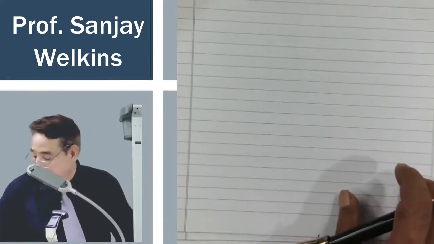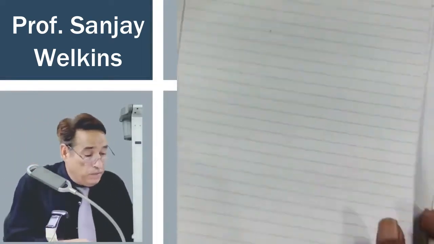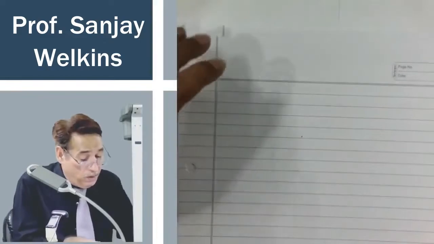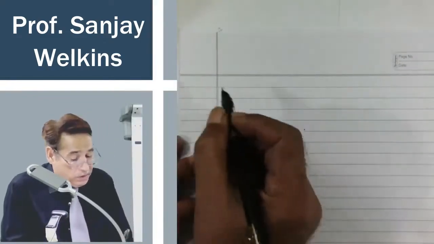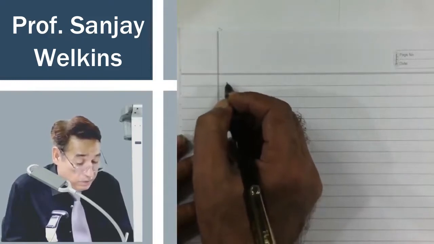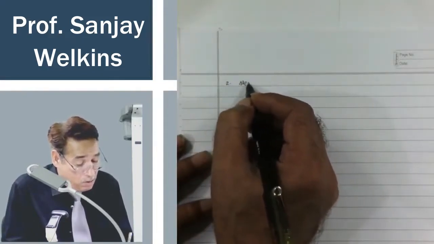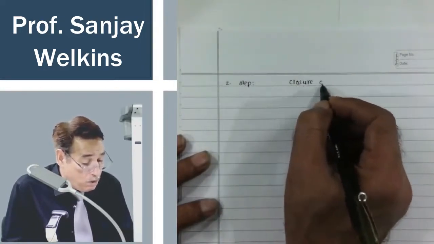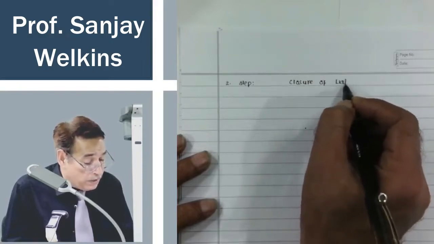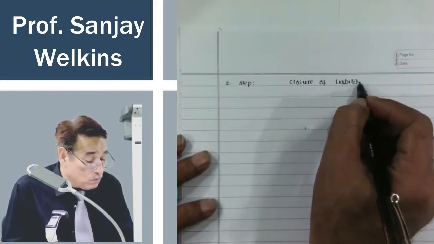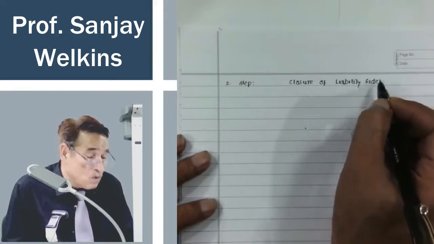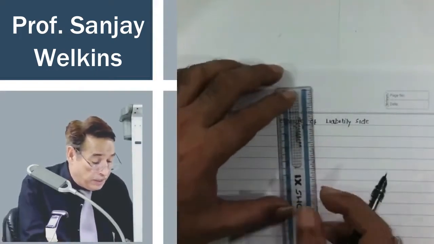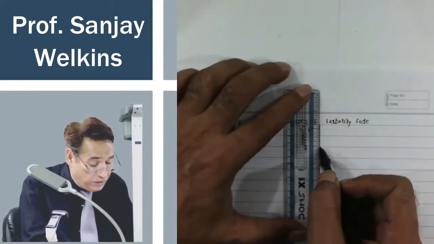So now the next point is to close your liability side. In order to close your liability side, see here, your step number 2 now. Second step: closure of liability side. In order to close your liability side, first of all, you need to understand that your liability side can be bifurcated into such headings.